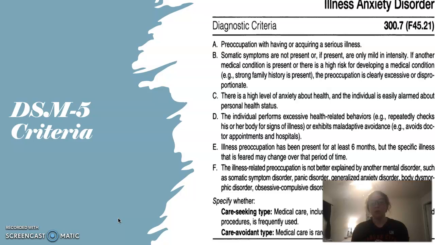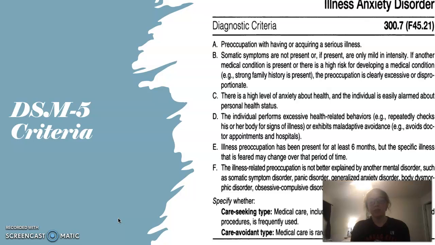And they also exhibit maladaptive avoidance. Again, that's pretty similar to anxiety or something like that. And then criterion E is illness preoccupation has been present for at least 6 months, but the specific illness that is feared may change over that period of time. So they could start with a fear of cancer and then move to a stroke or something like that. And that still counts as long as they have a fear of getting that illness for at least